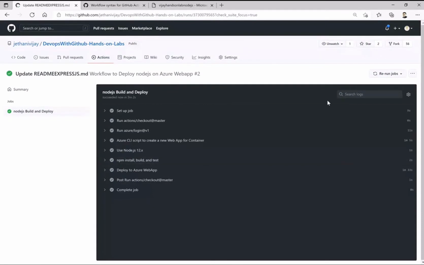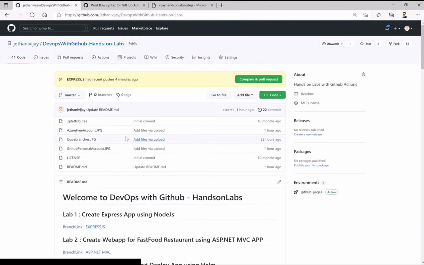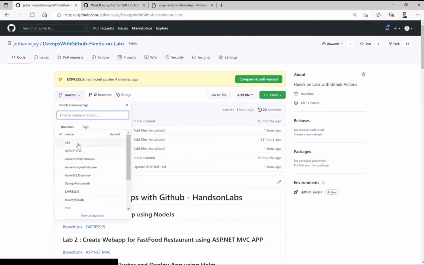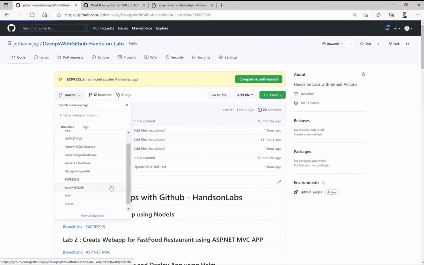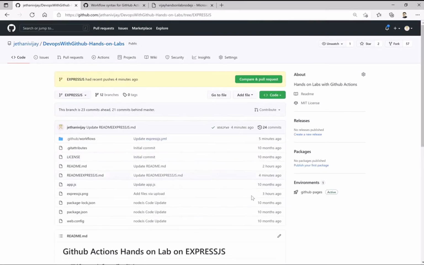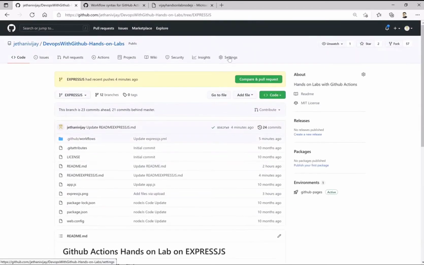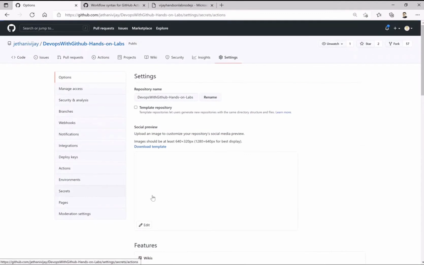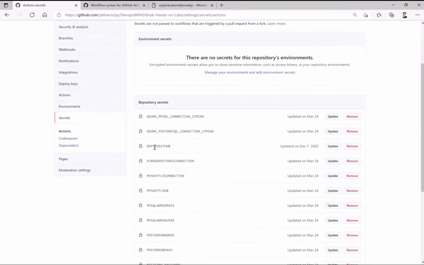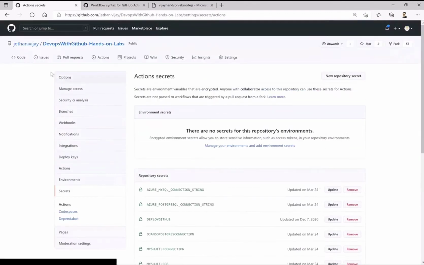Okay, so this was our first workflow, which was on Node.js. Going back to what we did: first of all, we reviewed our code. Then we checked whether we have our secrets, which we got from the settings after the service principal was created.